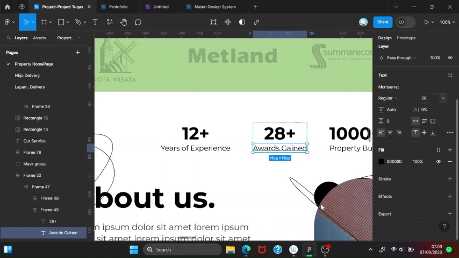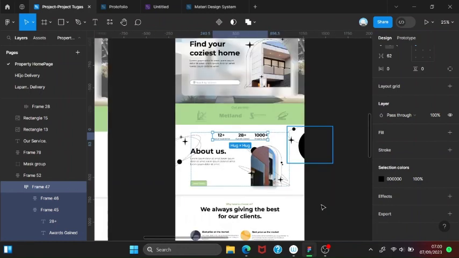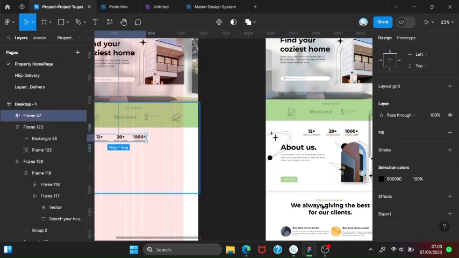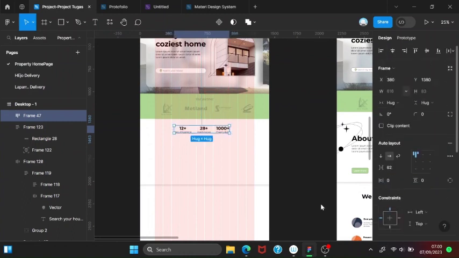Make it 3, and auto layout, and the gap is 62 between each text. Okay, just to make it fast, I'll copy paste it here and adjust it, align at the center,